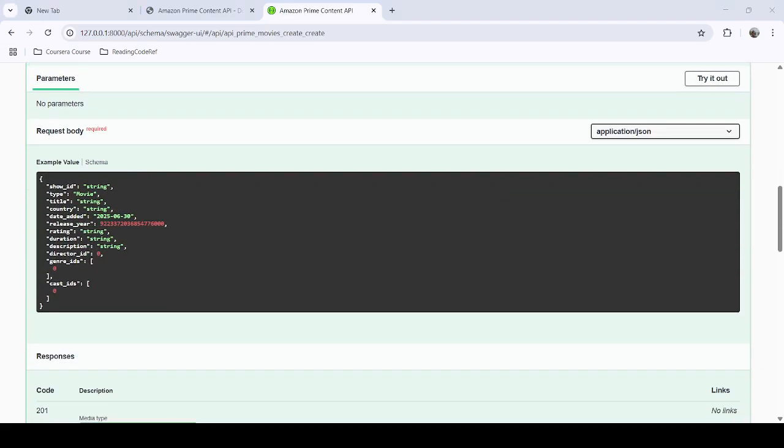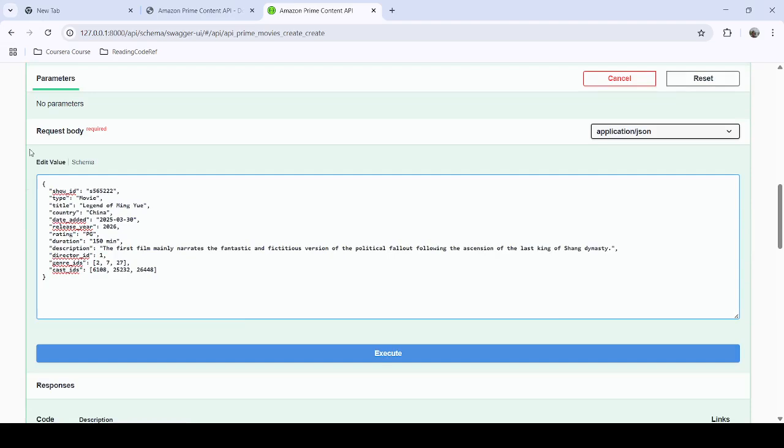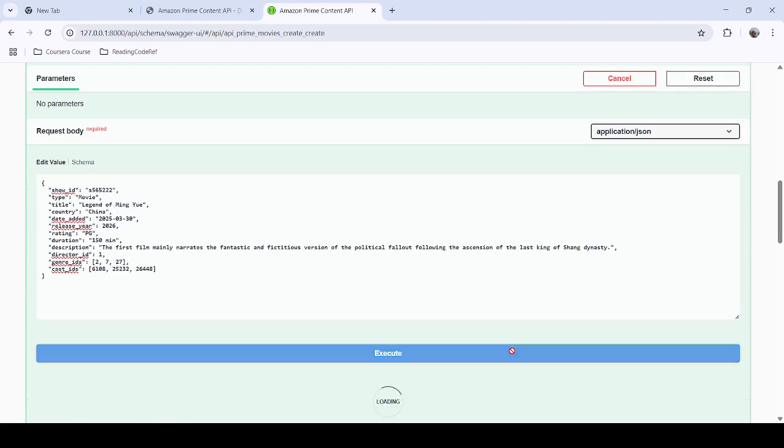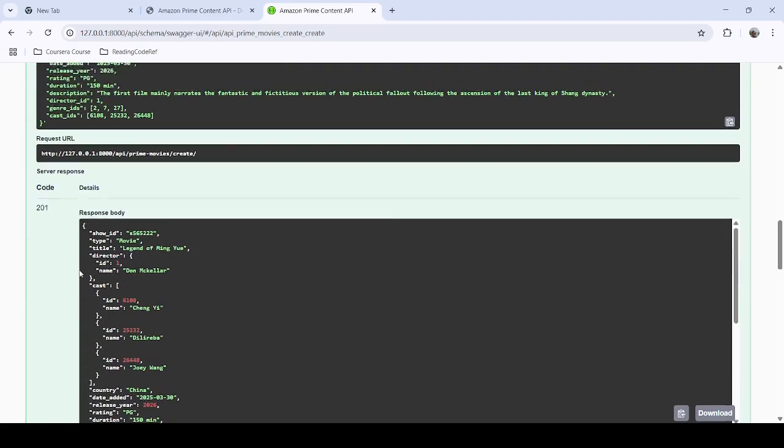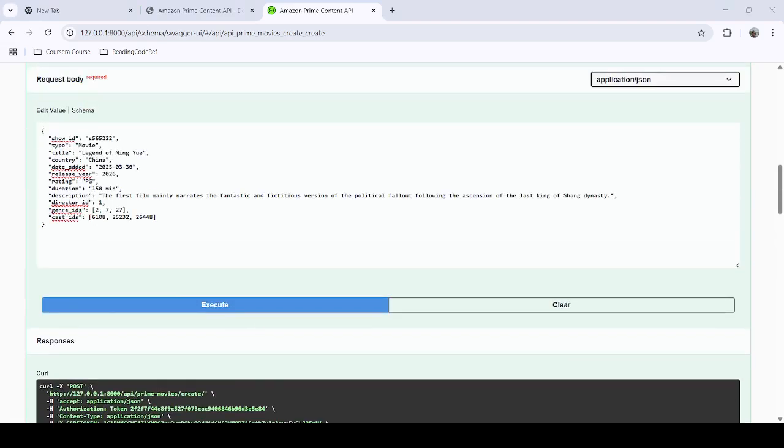After that, we try out adding a new record, and then run. After running, it returned as expected.